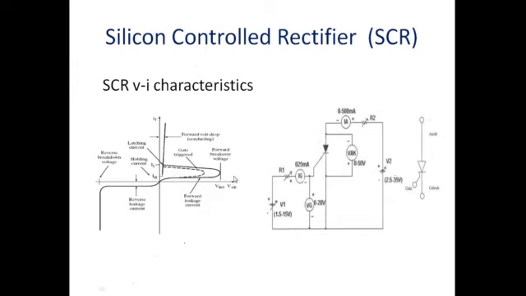One thing I will tell you, we will not turn on an SCR using this method, because of this avalanche breakdown. High current will flow if you apply a voltage more than breakover, and if avalanche breakdown happens there, high current will flow through anode and cathode, and this SCR will get damaged. So this way of turning on we don't use practically, but we should know that if we apply